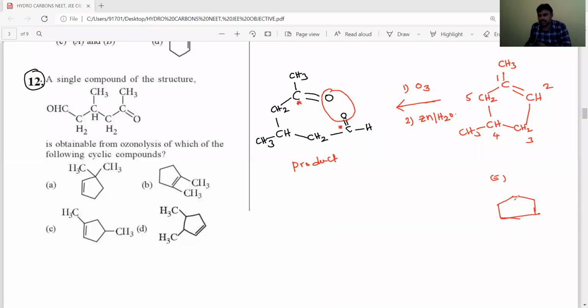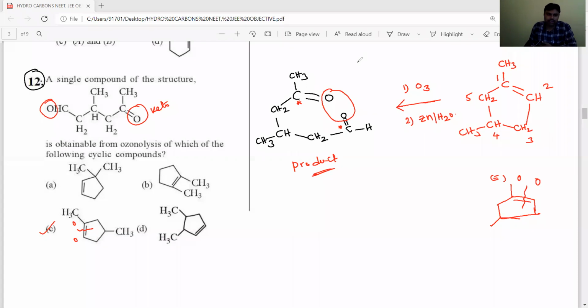It comes like this, and here the CH3 group will be present. So the option where it is present here, students, C option is correct. For example, just break this by ozonolysis, then here you keep oxygen, and here you keep oxygen. A ketone is formed on one side, meaning that sp2 carbon is disubstituted, and on the other side a CHO group is formed, meaning it is monosubstituted. So on ozonolysis we are getting this product. So the answer is C option.